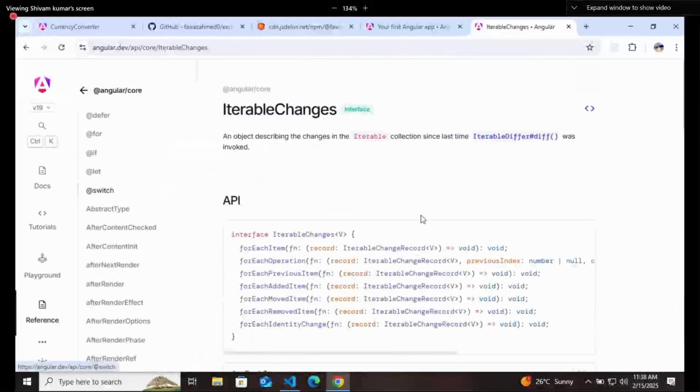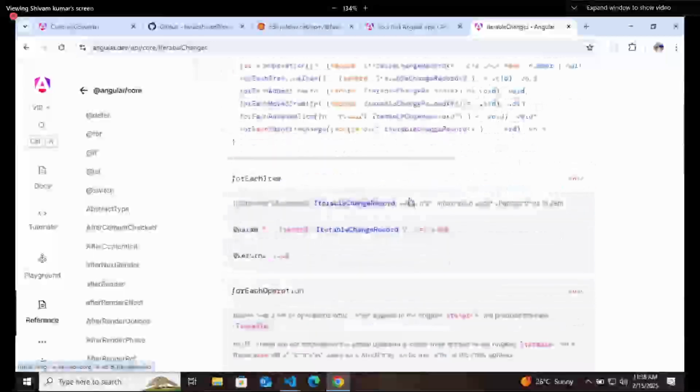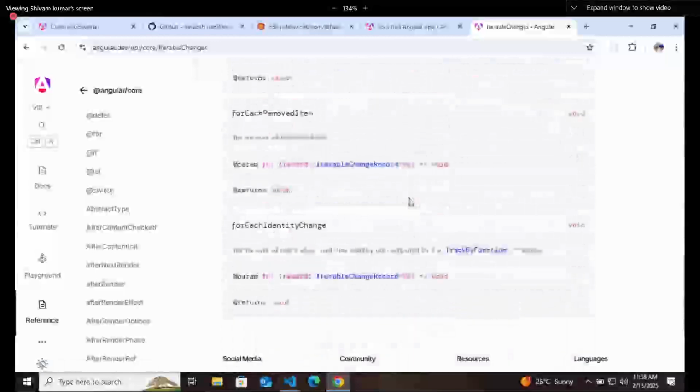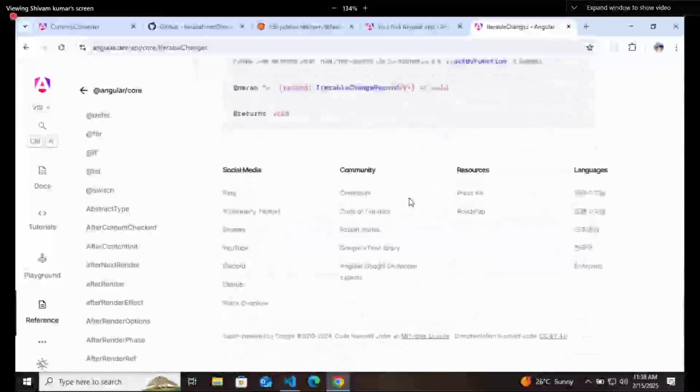So you will get the iterable changes, right? You will get these iterable changes. It means that you have to use something like this, which will be taking one value and setting it to the array.